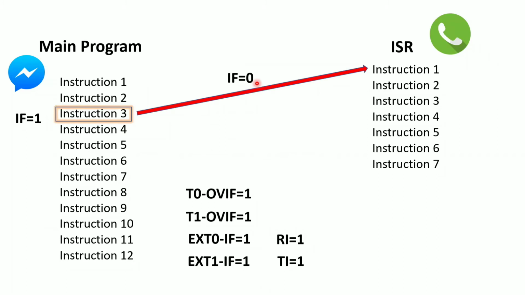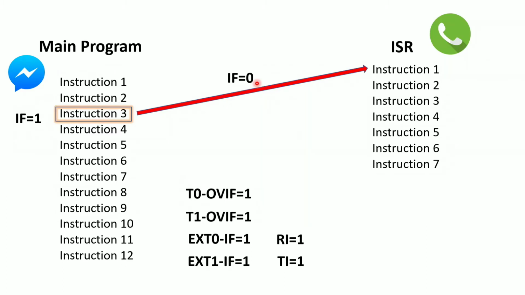Similarly, whenever two or three more interrupts occur simultaneously, at the same time, we can only service one interrupt at a time. What about the remaining two interrupts? The remaining two interrupts also should be done. How will the processor know that it needs to service those two interrupts also? By looking at the interrupt flag being equal to 1.